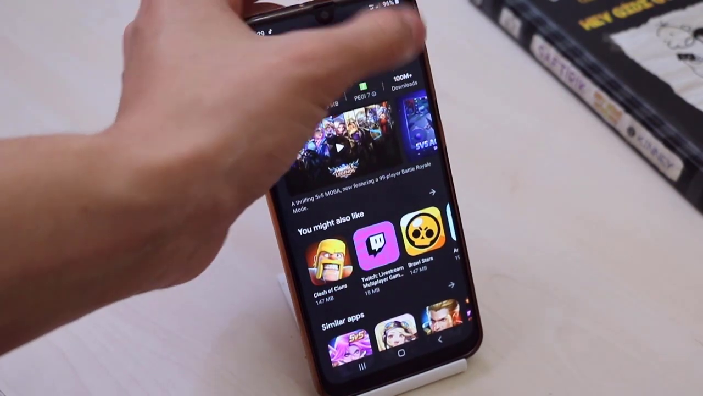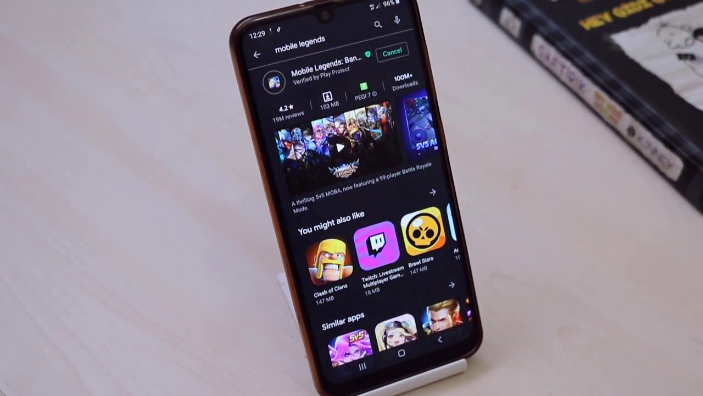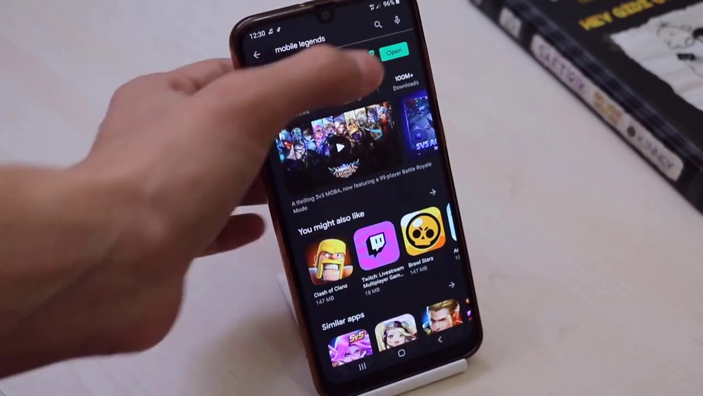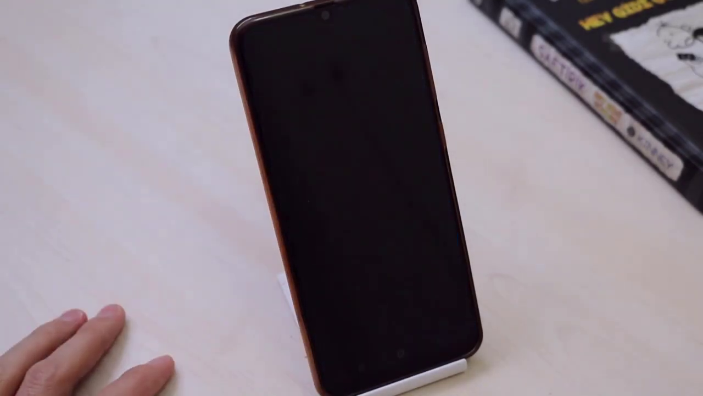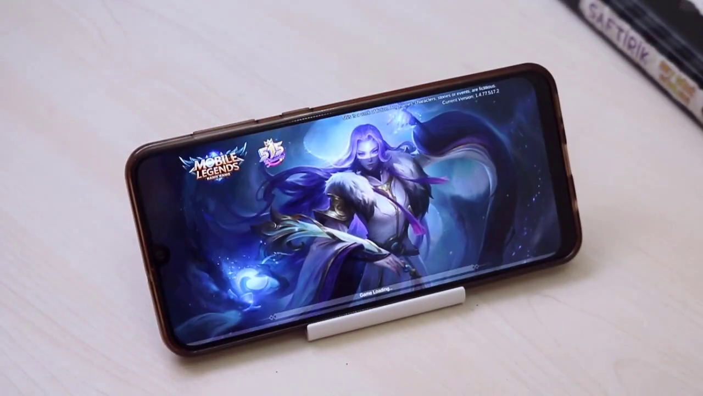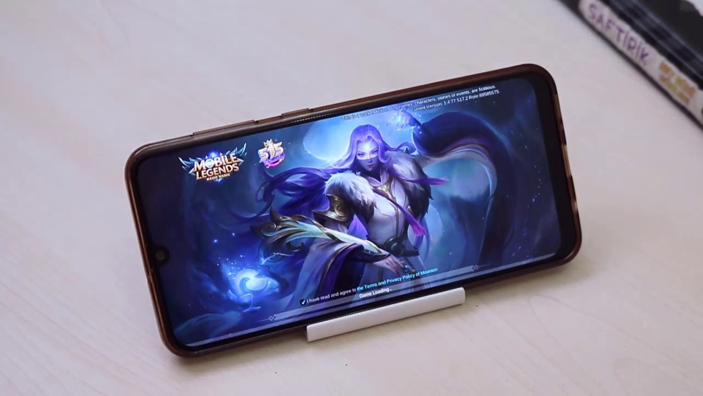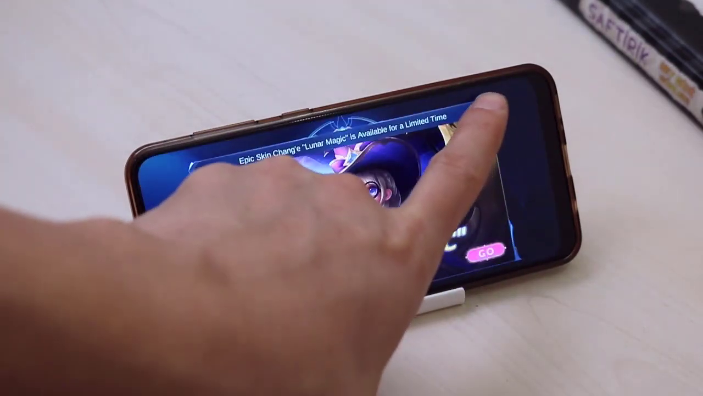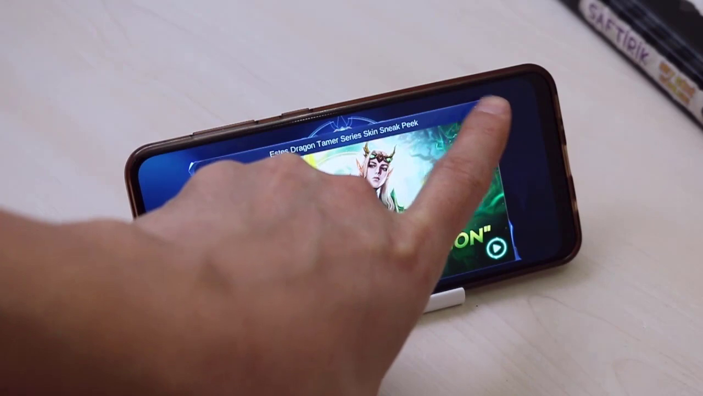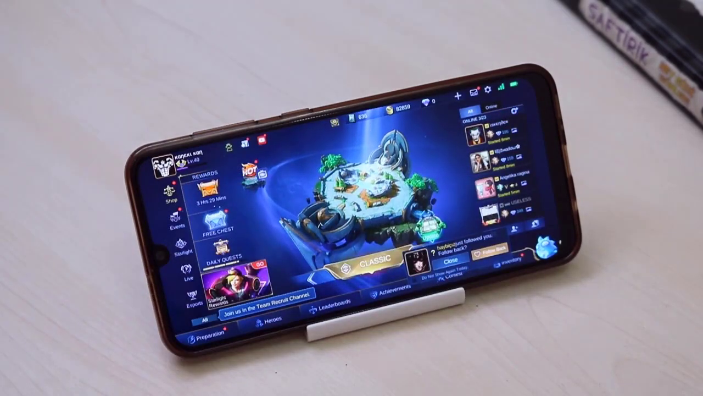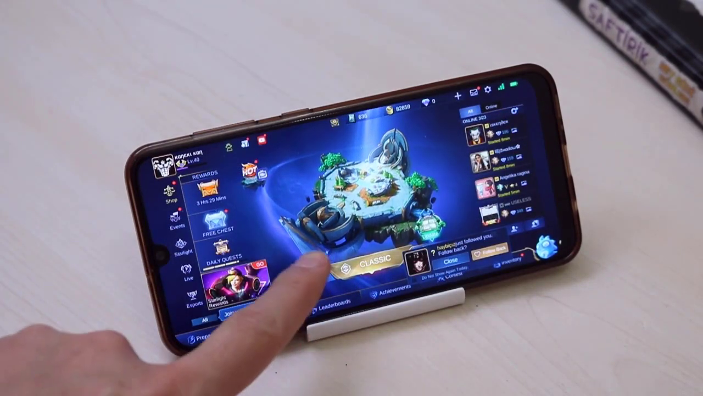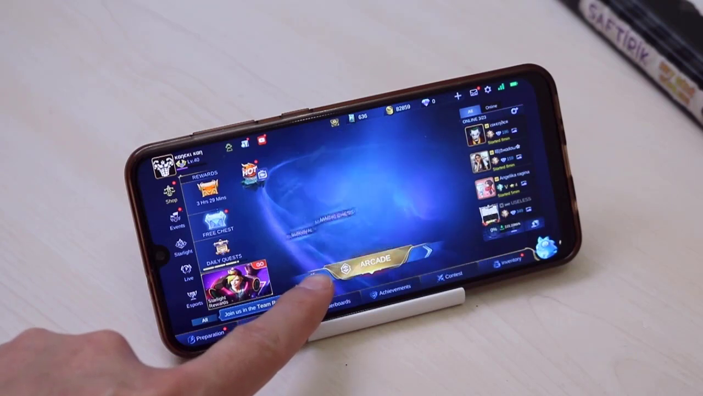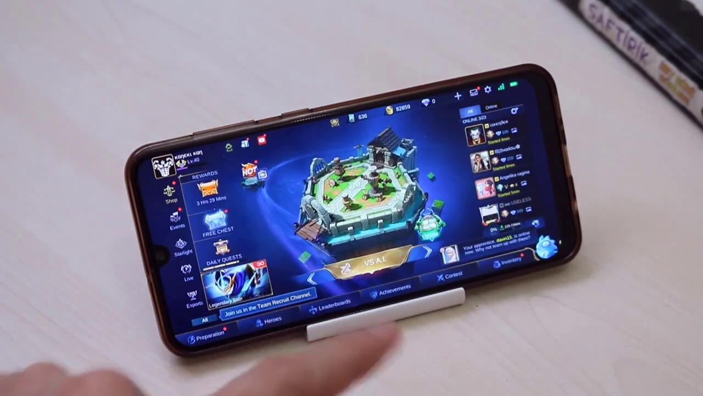So I just click on install and wait for the game to be installed, and then I click on open, and here we go. Now time to close all advertisements. And here we go. You can see I lost my resources, but I want to show you the thing which